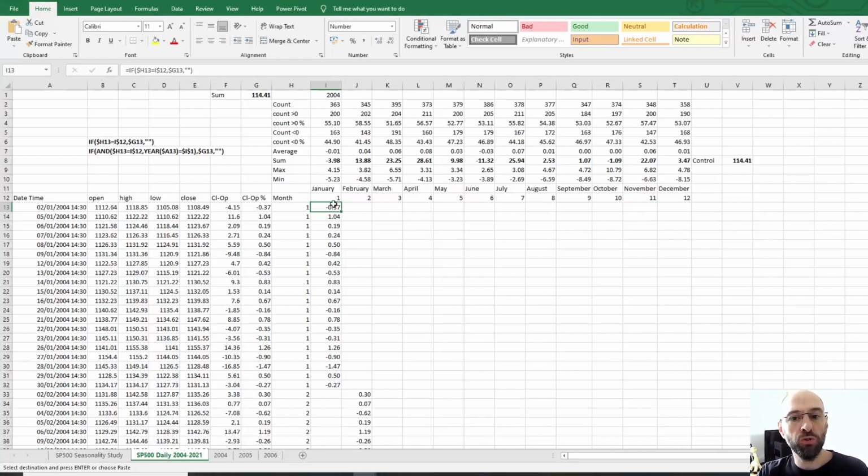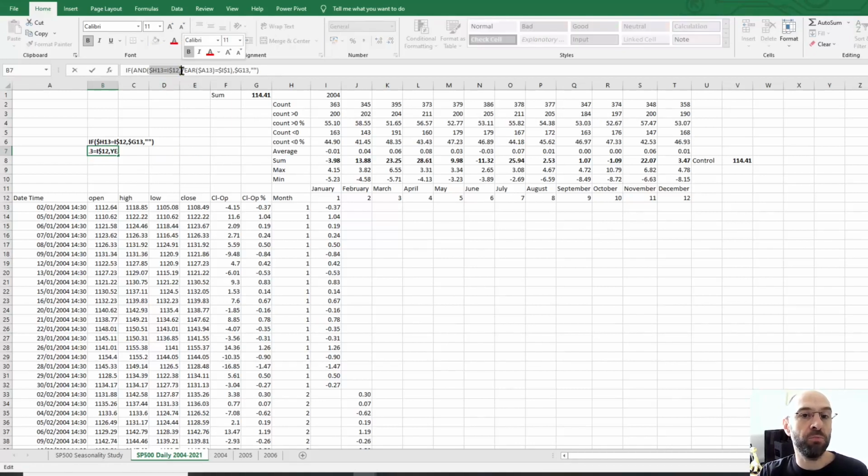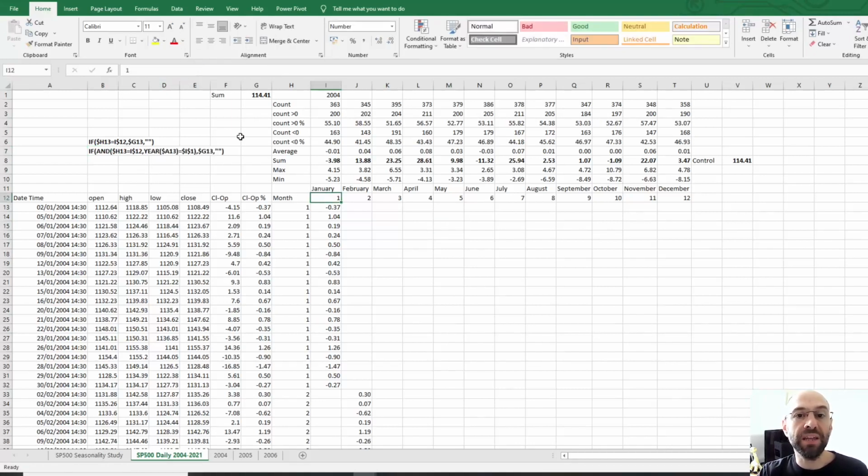So now what we want to do is actually to filter this data on a year-by-year basis. So I've typed the year there on the top, and if we were to add a logic where we also check not only the month but the year, which is what this formula is doing, so I put an AND operator. In this case, not only does the month have to be equal to whatever the value is here, but then the year has to be equal to that value. So in this case, the year in that value there has to be equal to I1, which is that. So if we were to put that formula there,